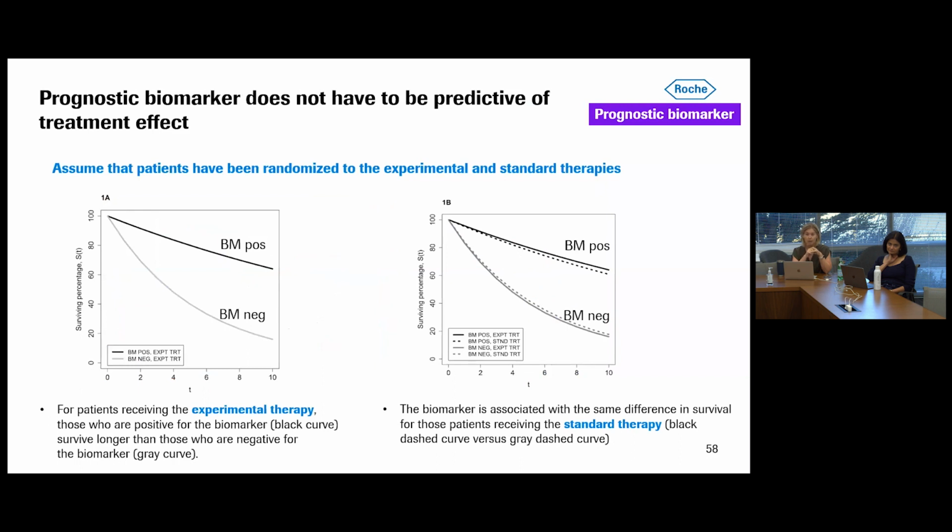A prognostic biomarker doesn't have to be predictive of treatment effect, and this is again a schematic taken from the BEST resource. It gets a little confusing, but if you read through it and sit down and think through it, it will explain itself. Basically, the treatment effect can be similar in the biomarker positive and biomarker negative. I don't have an example off the top of my head. I don't know, do you? But it is possible. As opposed to on the next slide,